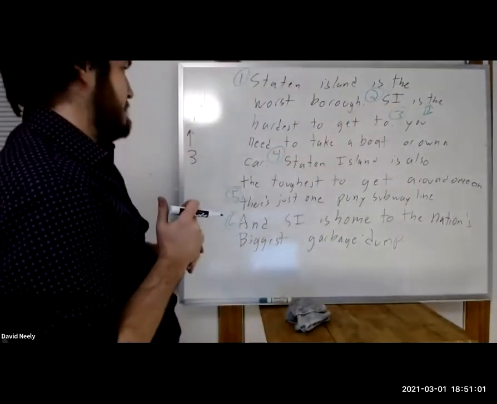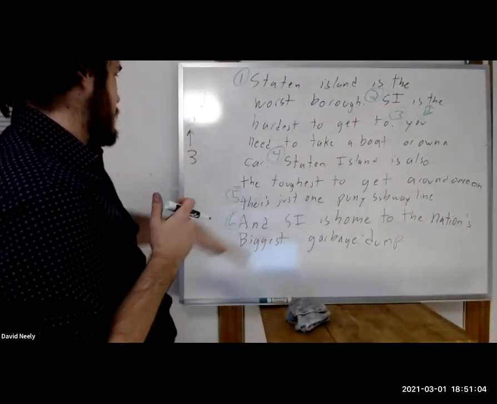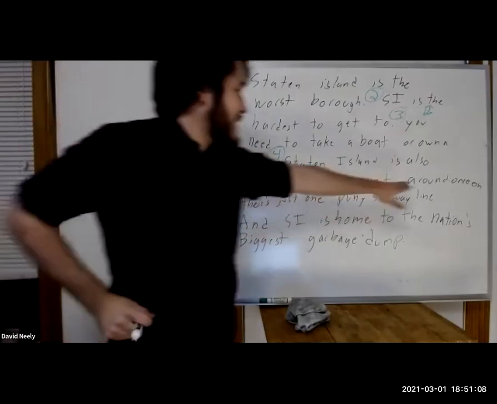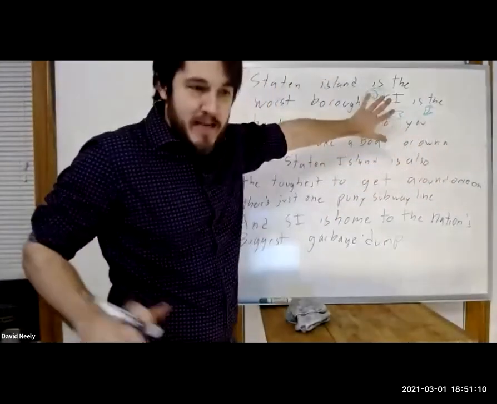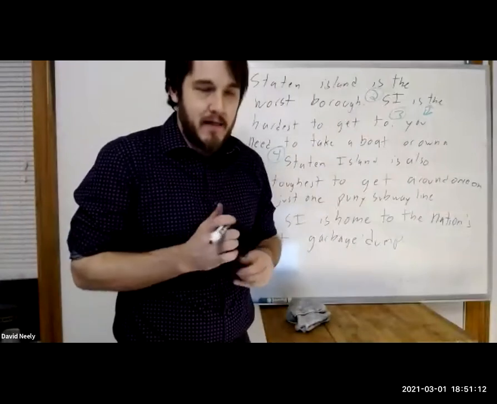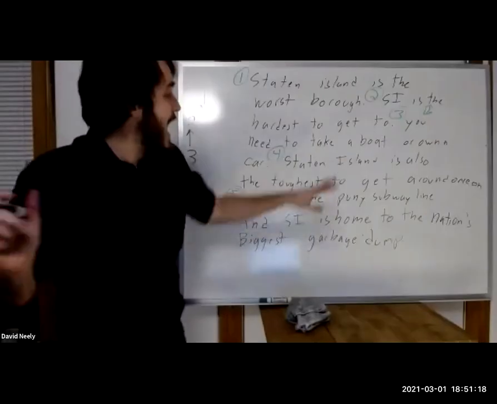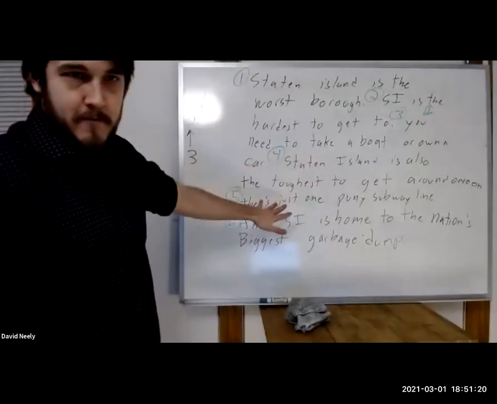And well, 4 is once you're getting around on it, the boat isn't important because you're already on the island. Does that make a little sense? Yeah, it does. Okay, just making sure. All right, so I've kind of given away, how do 4 and 5 relate to each other?